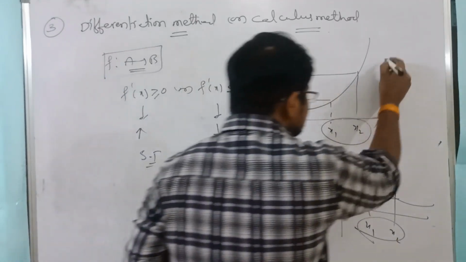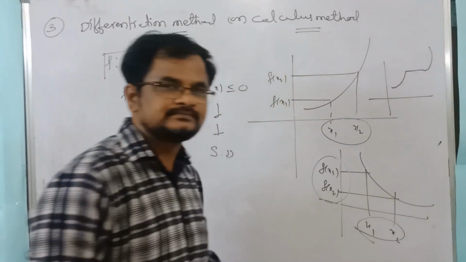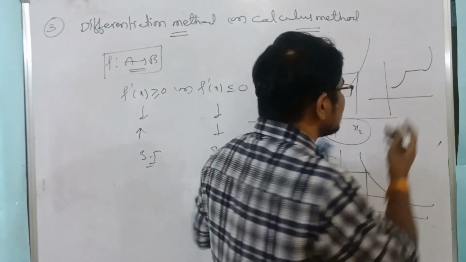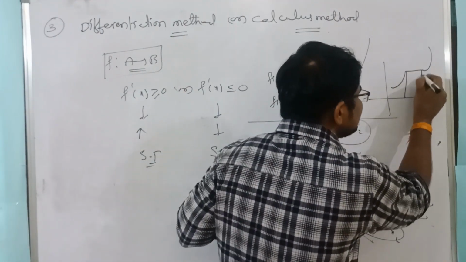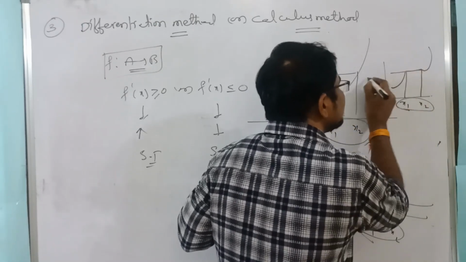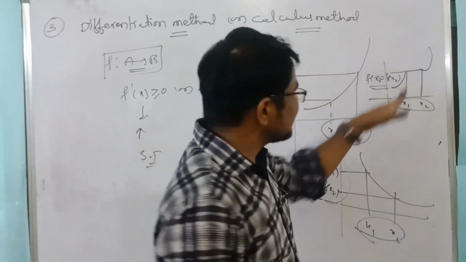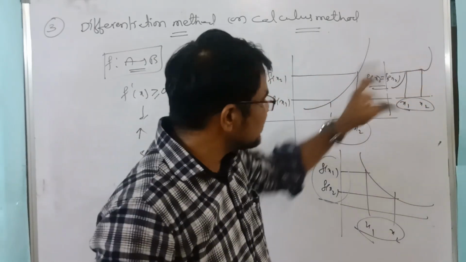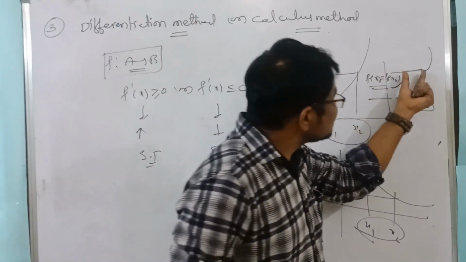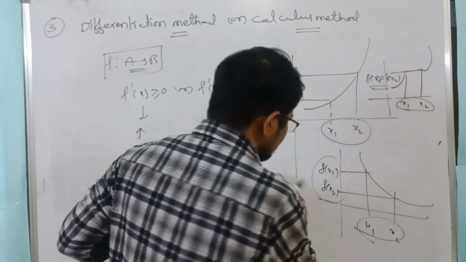Suppose the function is constant in some interval. Here we have to observe carefully. In some interval, x1 not equal to x2, but f of x1 equals f of x2. In this situation the function is not 1-1, because in that interval it is constant.